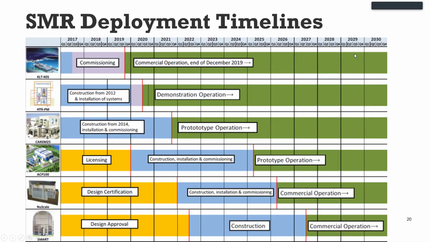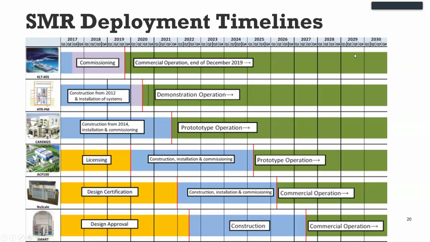So SMRs have been in deployment, some of them at different stages. Some of them have been at design stages, some at prototyping. In total, by 2022, we have about 98 reactors in different stages. And at the moment, as you can see from the timelines, we have